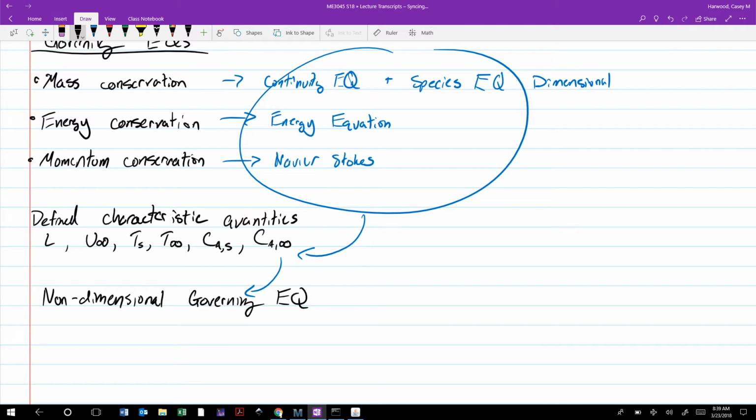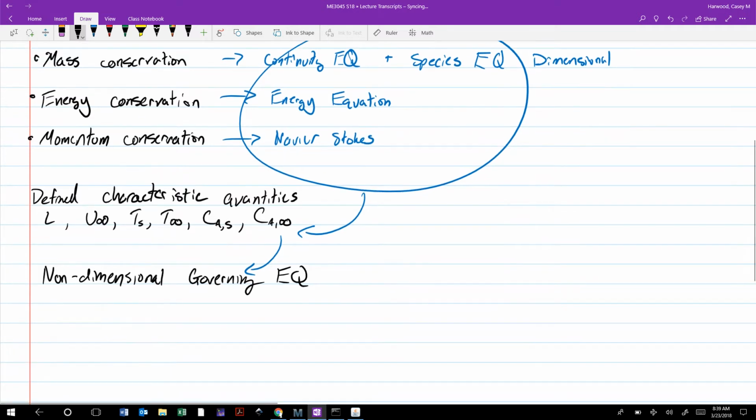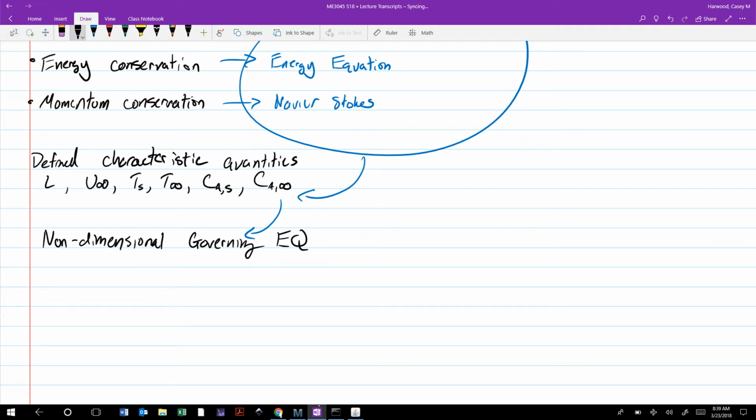But the coefficients in those equations, instead of being viscosity, density, and the various terms peculiar to a fluid, are a set of dimensionless parameters or groups,